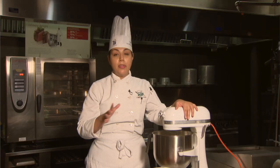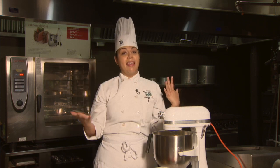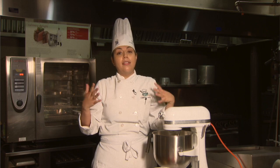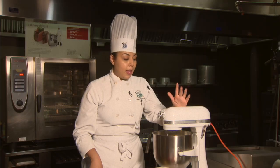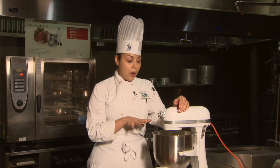Again, if you skip this step, the only thing that's gonna happen is your cake's gonna rise perfectly. It's gonna have actually more of a rise, but once you cut through the cake, within the crumb, you're gonna see bigger holes. So that's the one thing that we're trying to avoid by doing this step. Mind you, while you are